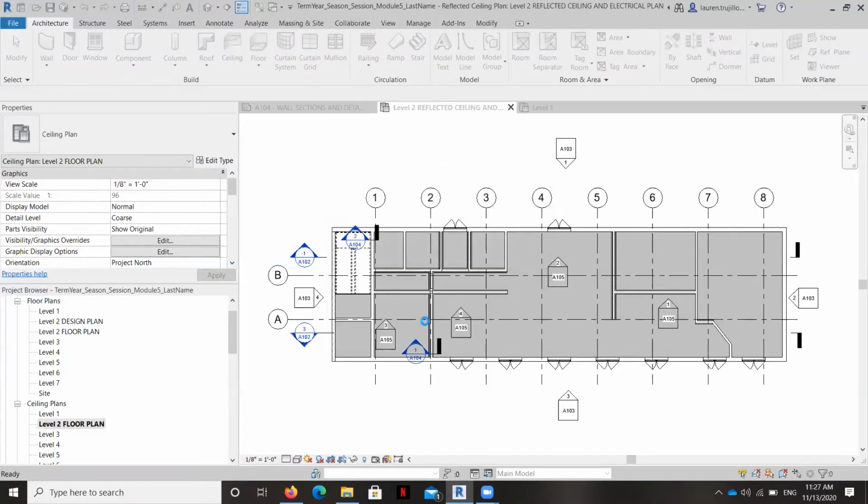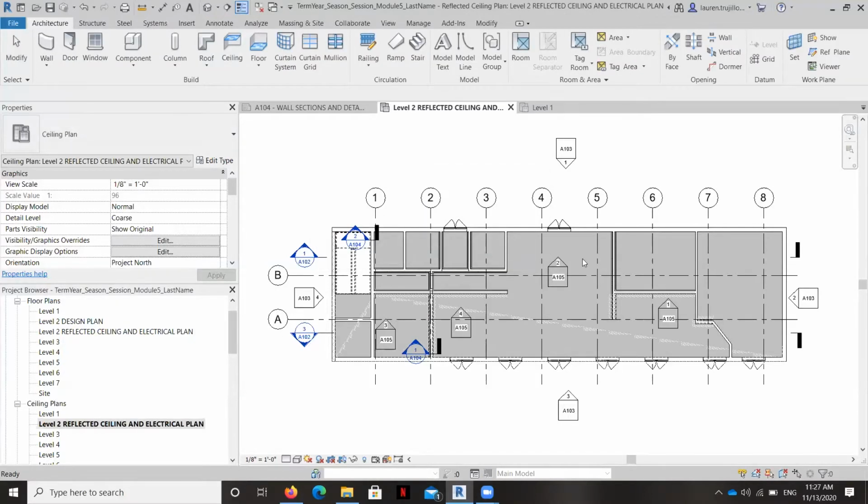What you're seeing right now is actually the floor plan itself, and you're seeing what it would look like if you looked up at the ceiling. Now this part right here is probably the underside of the floor, because we may have just put a basic ceiling on, but let's take a look at that in a moment.